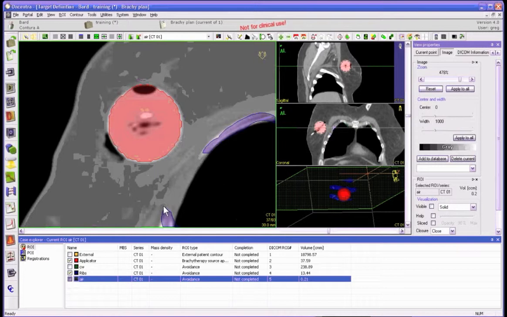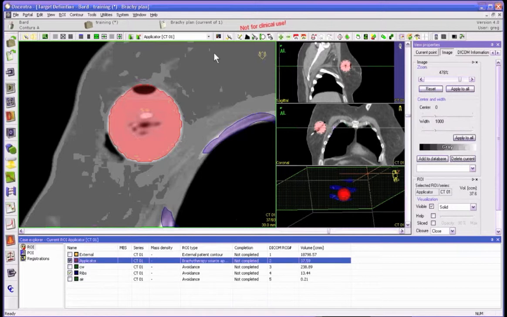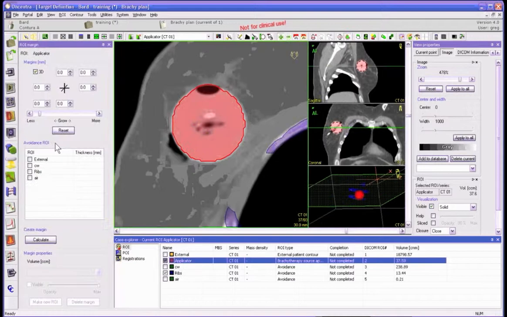Okay, so the next structure to create is the PTV. And I create two different PTVs, one to get the surface and another one for evaluation. So I'll create one first for optimization, and we'll do that by margining from the balloon here. So we start by selecting the applicator, and then we'll take the margin tool, and we'll put a 1 centimeter margin on this,